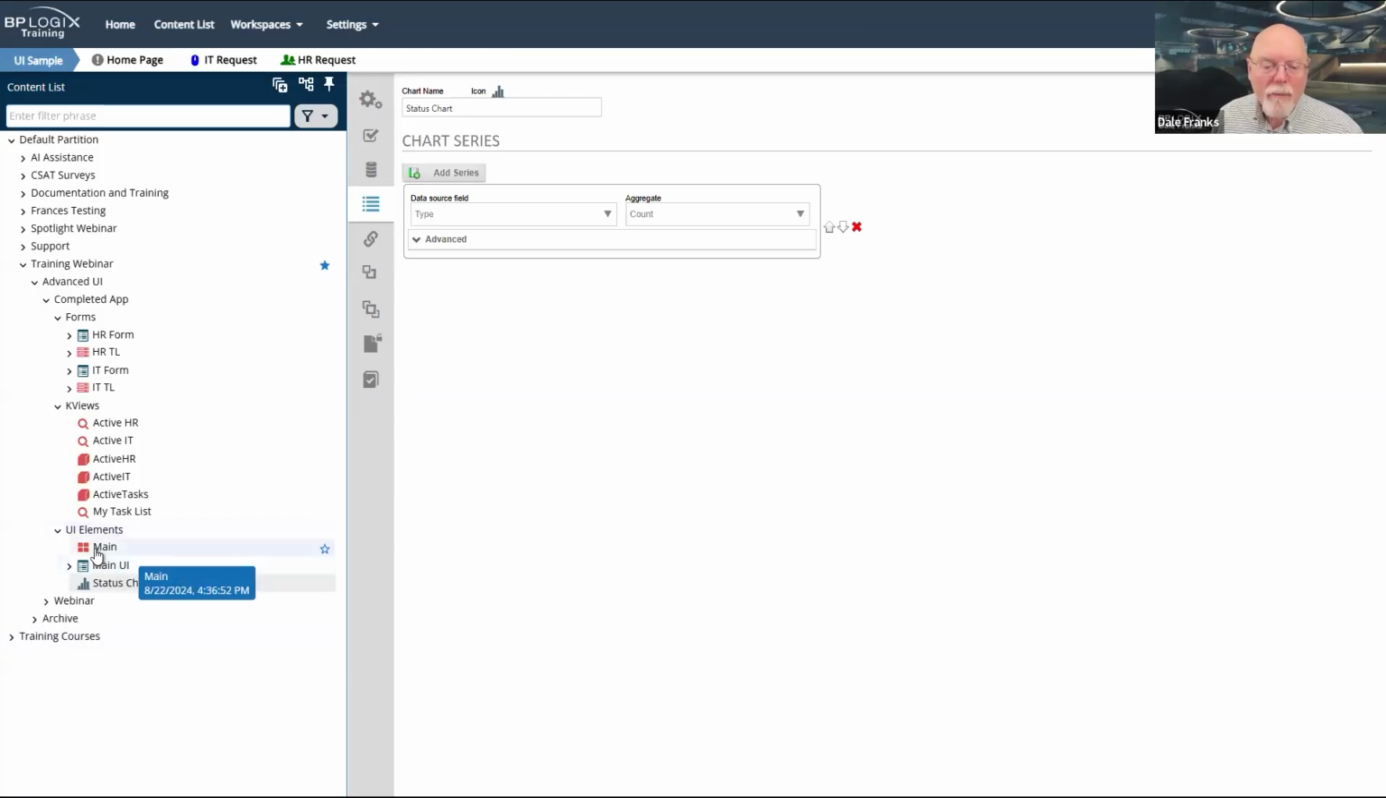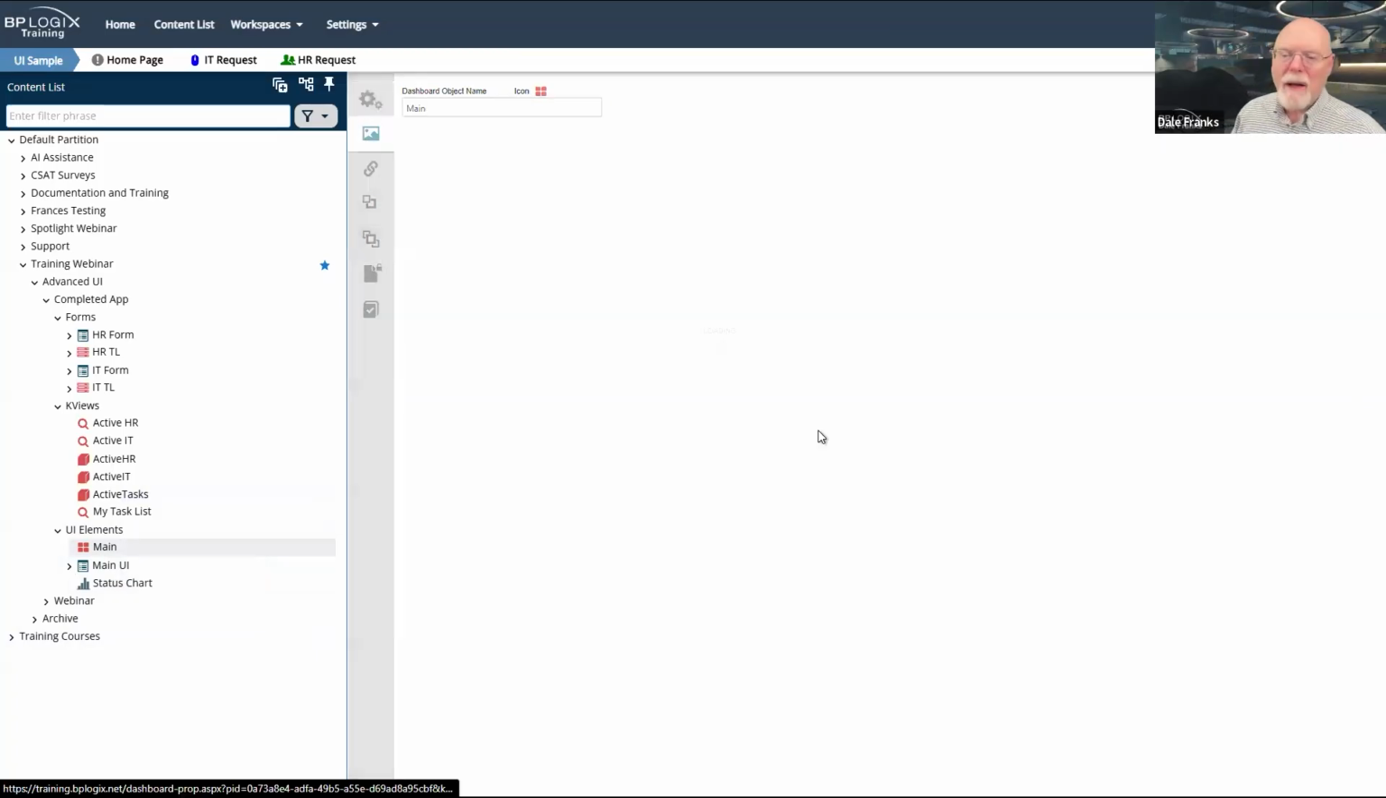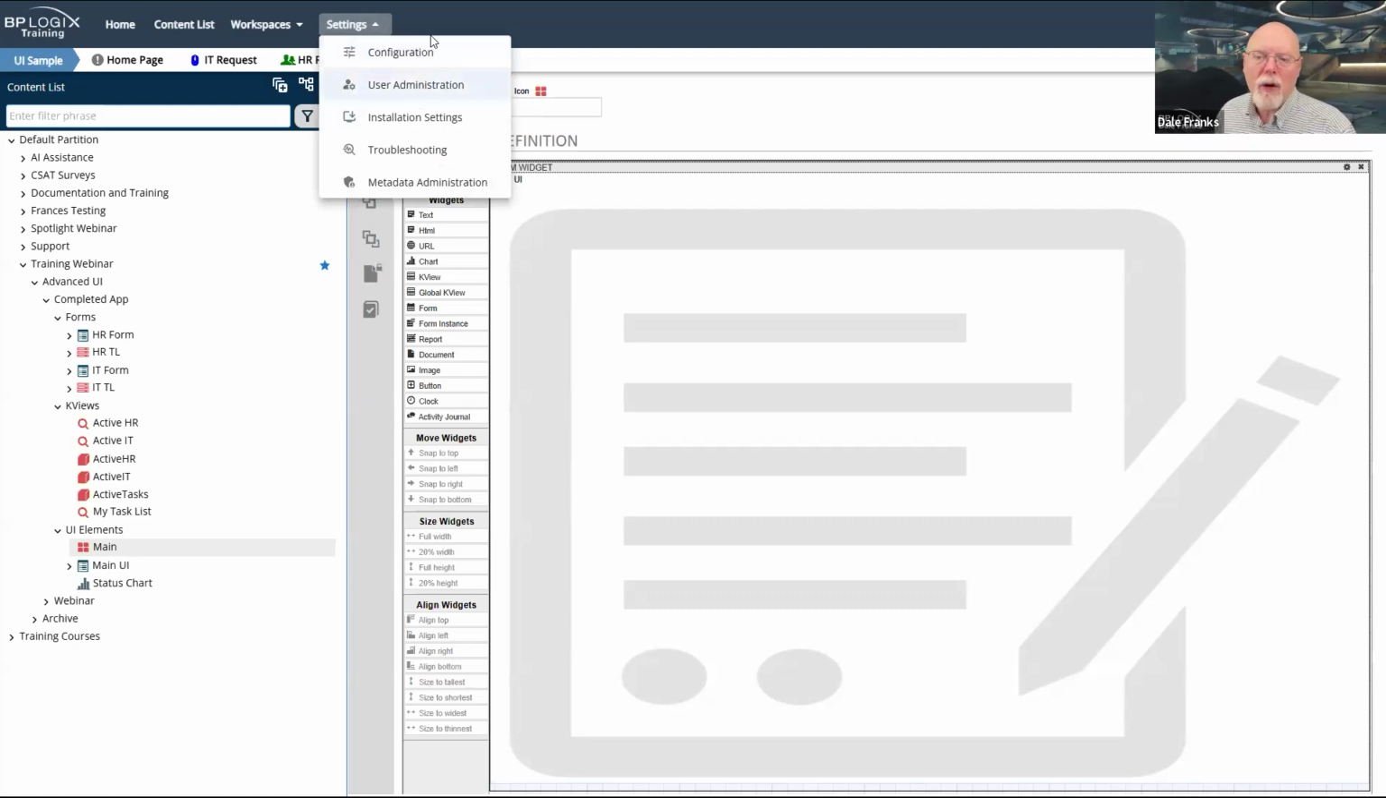And this form is going to go into a dashboard. So I have a dashboard, and the entire space of this dashboard is filled with that main UI form. That's the only thing that this dashboard contains. So to refer back to where we were last week, if we were to look at